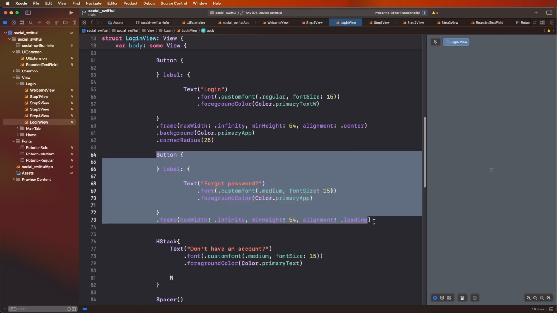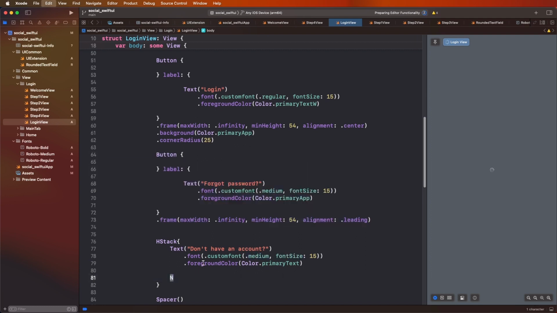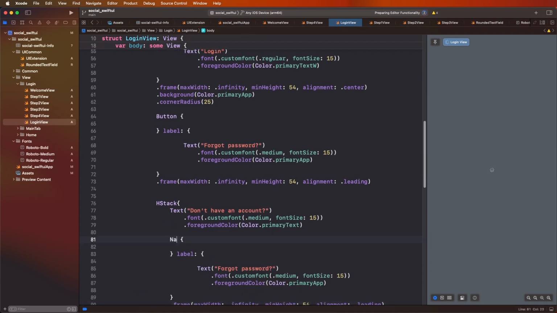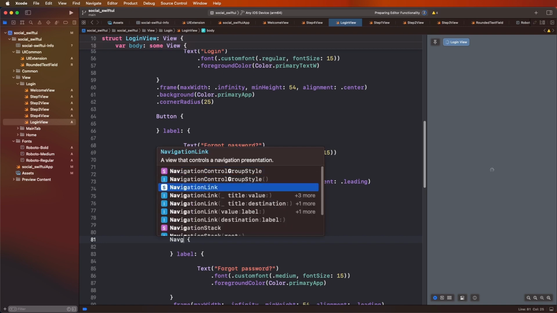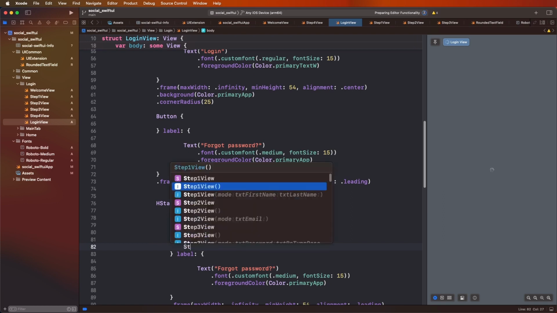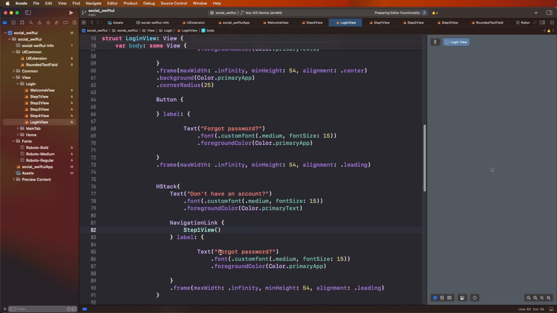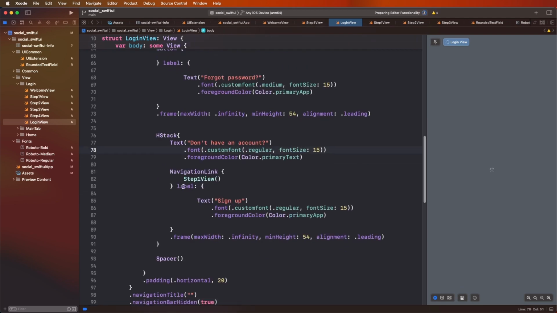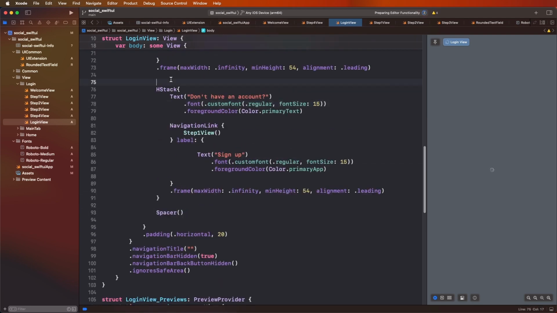Need to copy this here, convert it into the navigation link, and set this here to the step 1 screen view. We need to use this here, and rename the name, we need to set as sign up, and set here the regular. Also need to set here the regular font, and give the spacer figures, and set this like,